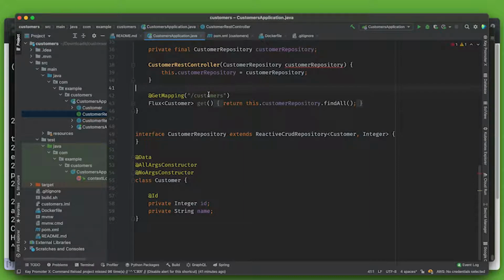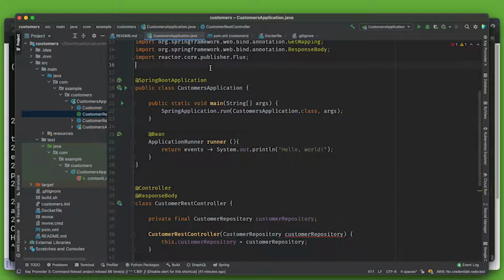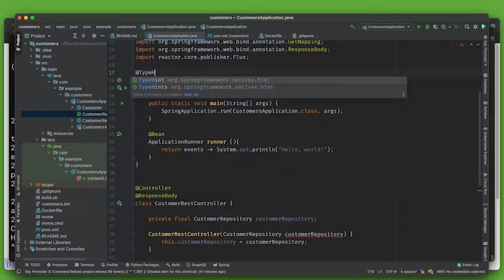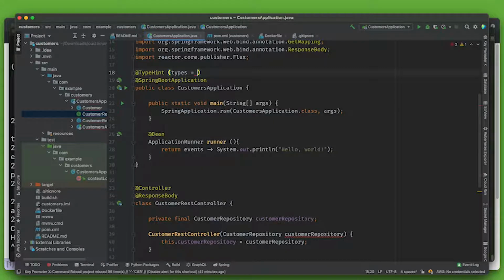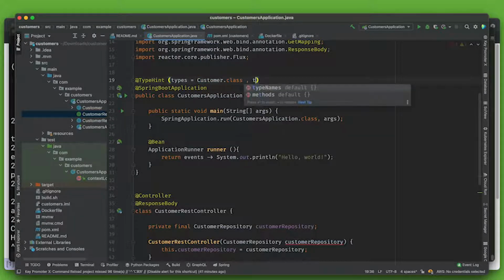It's been a while since we introduced Spring Native. We've been working on it for well over a couple of years, and the result should be good enough for a lot of use cases or a lot of applications. But there are some cases where you might find that things don't work as you expect, and if that happens, you can use these hints, right? And let's say you have a type that Spring doesn't know about that is doing reflection. Well, you can do a type hint. You can say, I want to reflect on whatever. Let's say, in this case, it wouldn't be a problem, but let's say that for some reason Spring didn't know about customer, and of course it does because it knows about the repository. But if it didn't know about customer, then you would say, okay, I want to do a type hint for a customer, and the what kind of